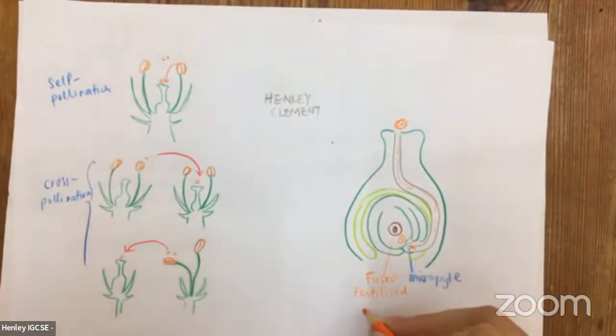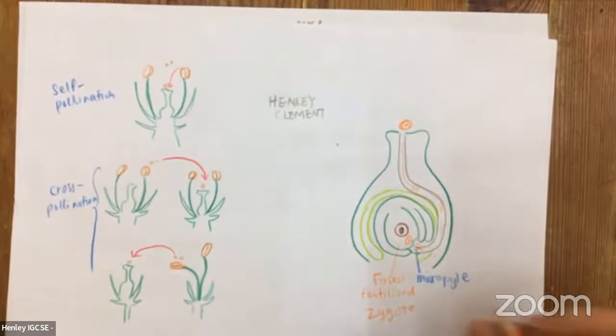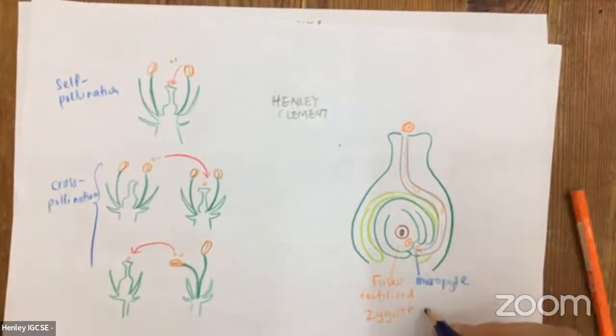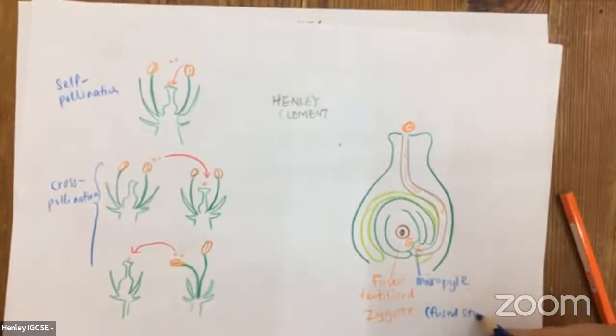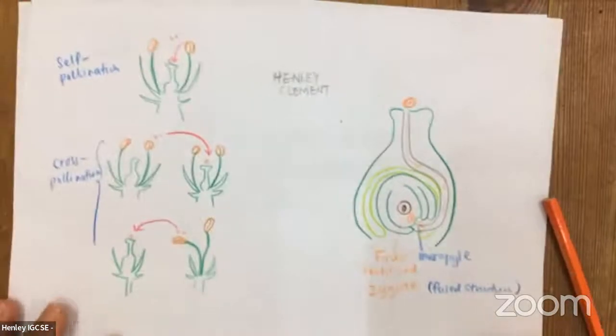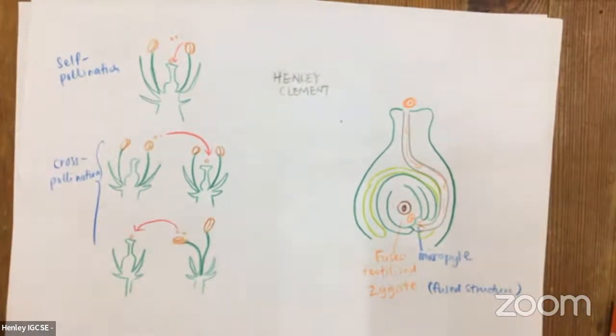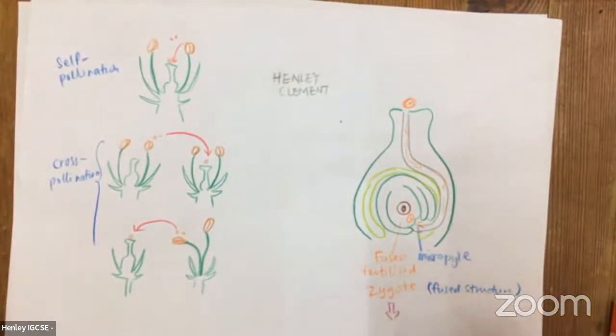We call it a zygote. A zygote is, in other words, the fused, new structure. Okay, and this zygote will develop and divide many times to become actually look like a